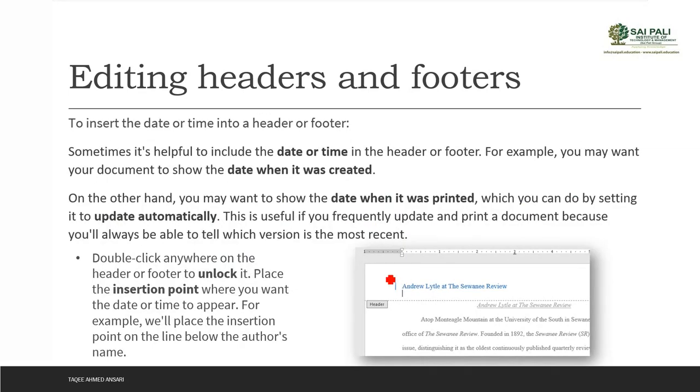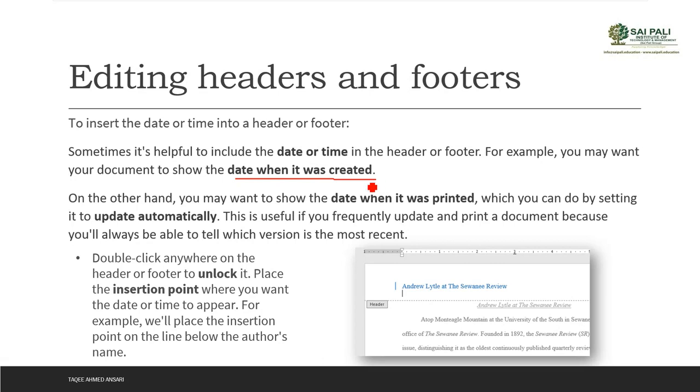So if you want to add some information from that, for example, I want to add the date. Sometimes you want to have the date when it was created.